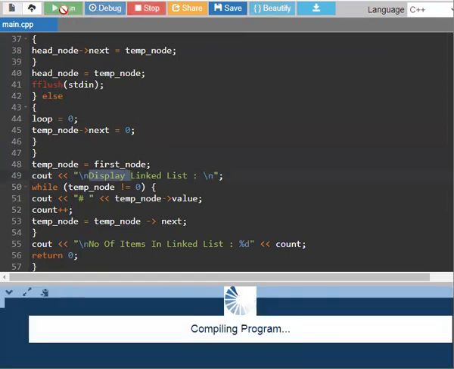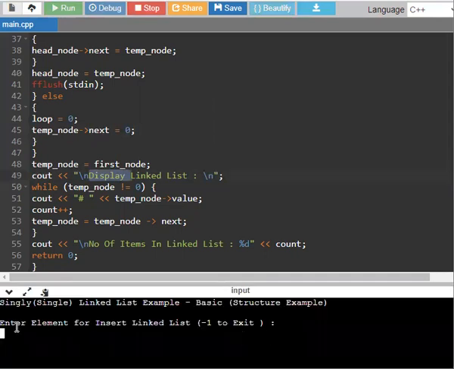Now run the program. The input statement is given: enter the element to insert in the linked list. So I put 34, the value is inserted, then another value is given.